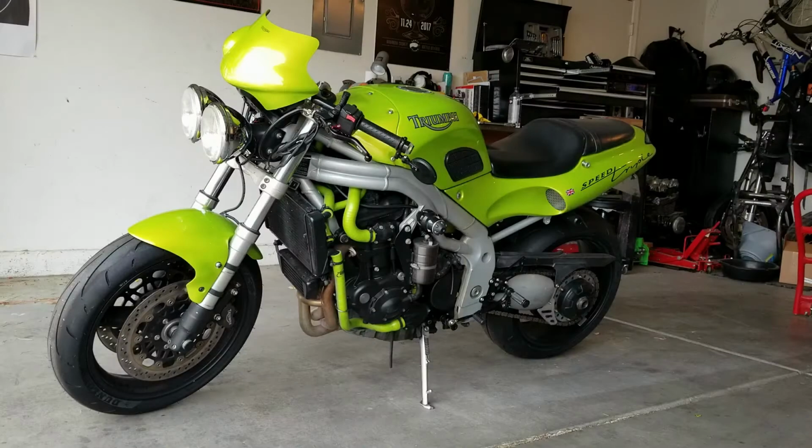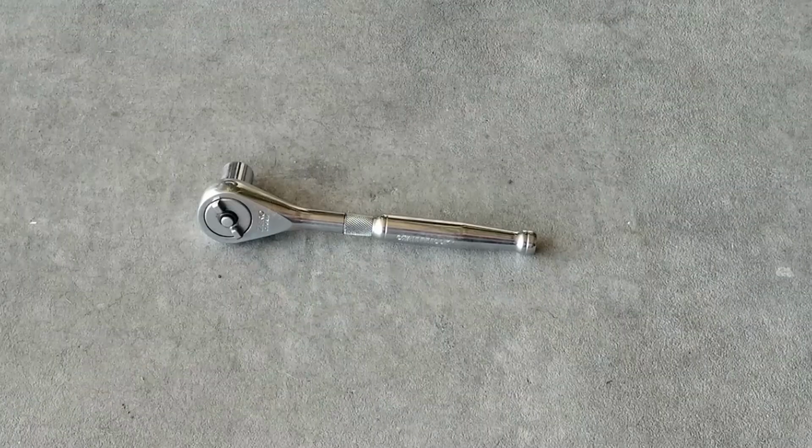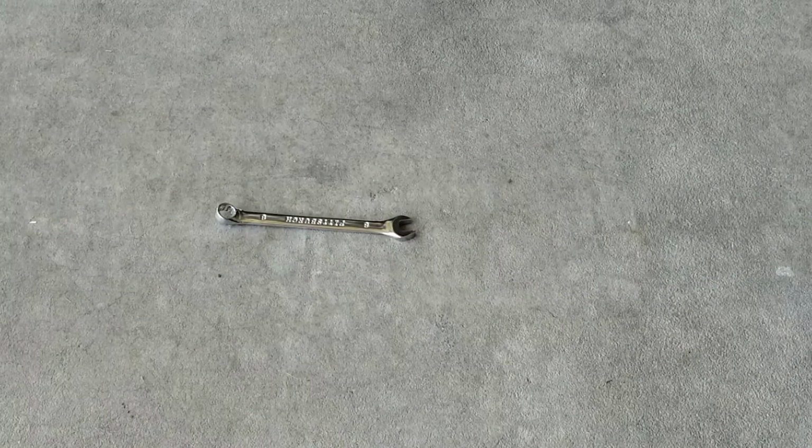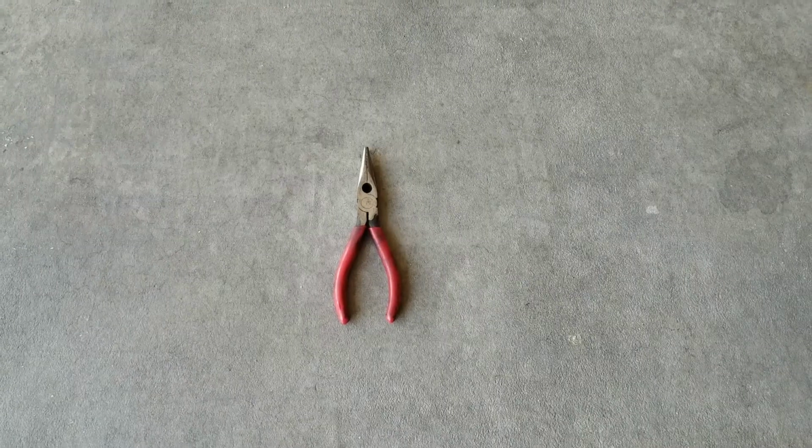In this episode of Yankee Garage, we're going to be replacing the front brake pads on the 99 Triumph Speed Triple. This also works for a 2000 and 2001. To do the job, you're going to need a ratchet and a 14mm socket, a torque wrench set to 40 Newton meters, an 8mm combination wrench, a 5mm Allen wrench, needle nose pliers,